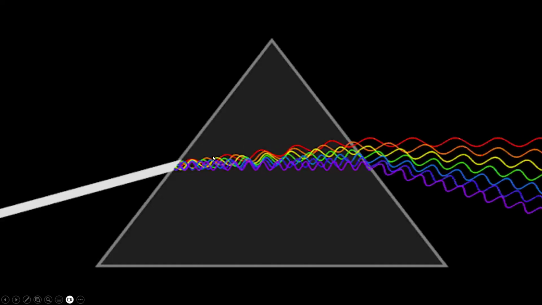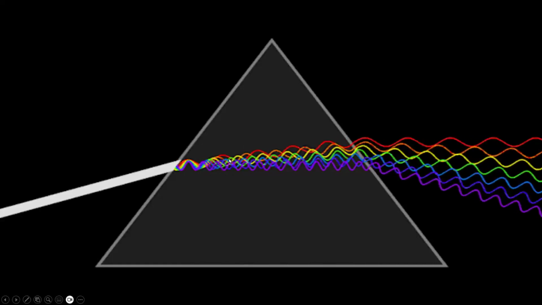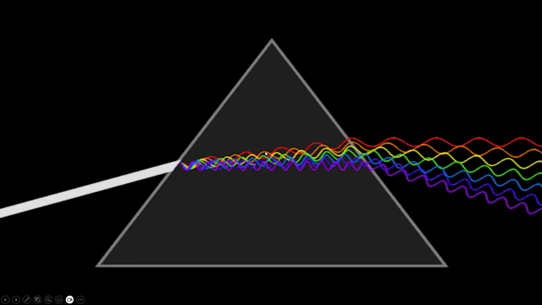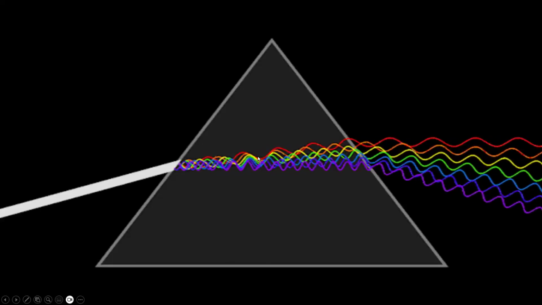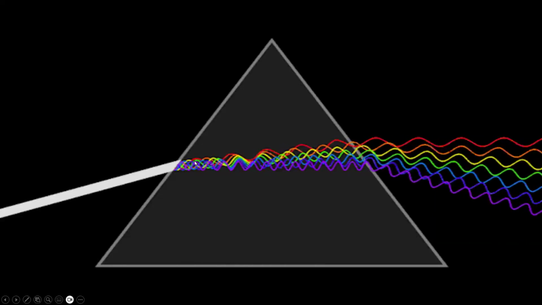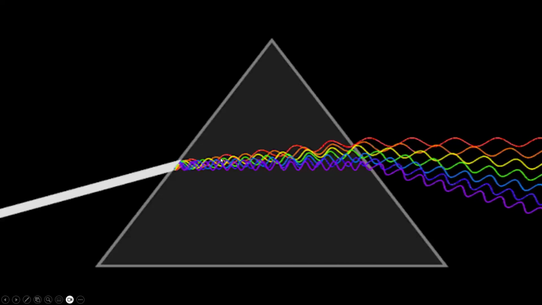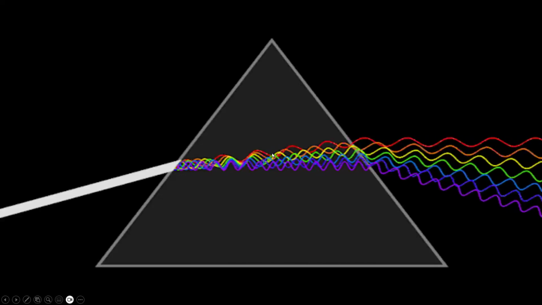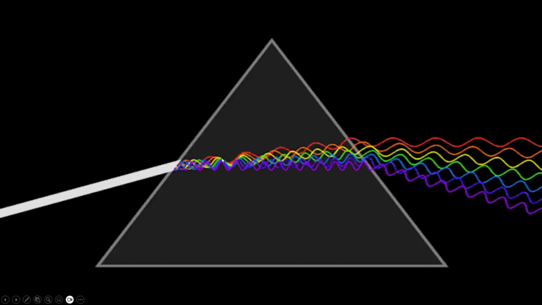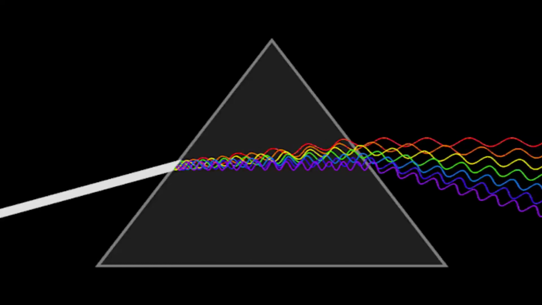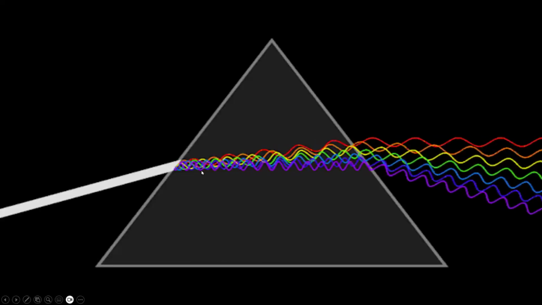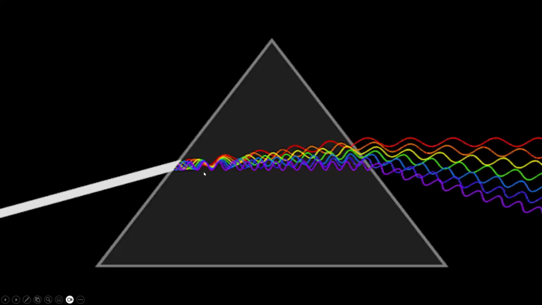The red colors are the higher frequencies. Sorry, the lower frequencies, longer wavelengths, and they seem to be affected less by the glass. They don't hang around, they don't want to talk to anybody. They just keep walking. Now, here are the purple ones, the higher frequencies, shorter wavelengths,